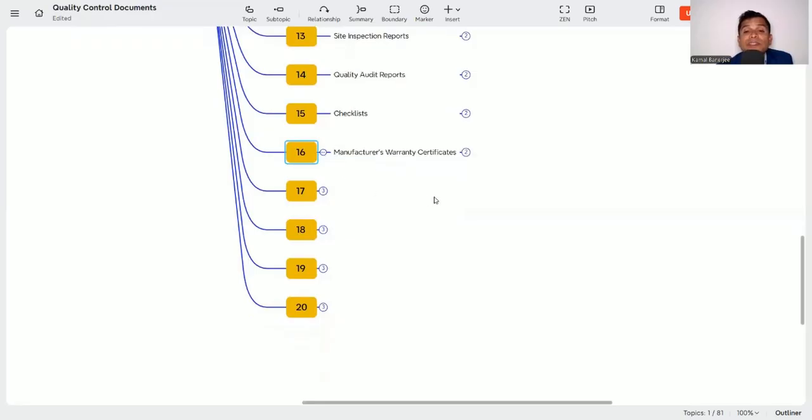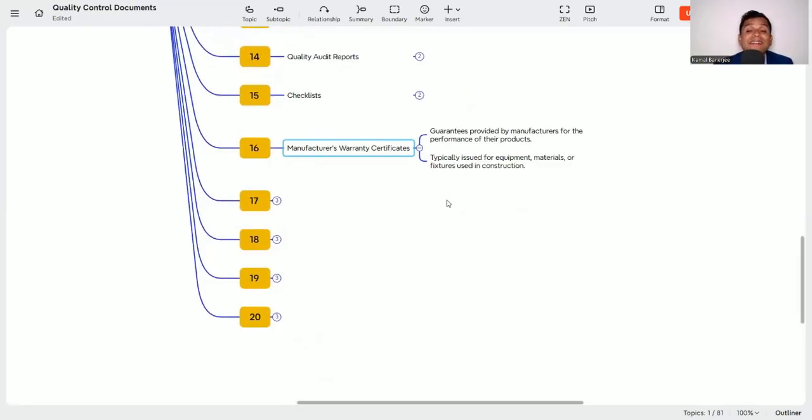Then comes the manufacturer warranty certificate. Whenever any material or any long lead item required at the site comes, there is a guarantee provided by the manufacturer for the performance of their product. Suppose you are purchasing a diesel generator or a transformer, you need that manufacturer certificate for better performance. So that is also something you need to maintain at the site. Next is coming